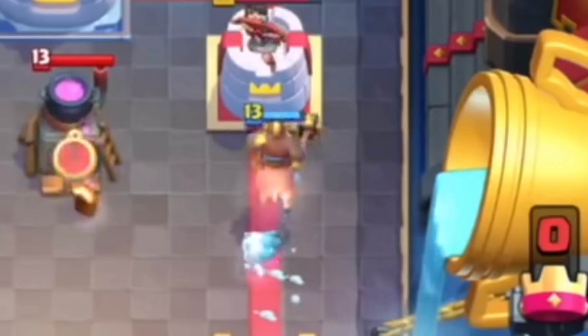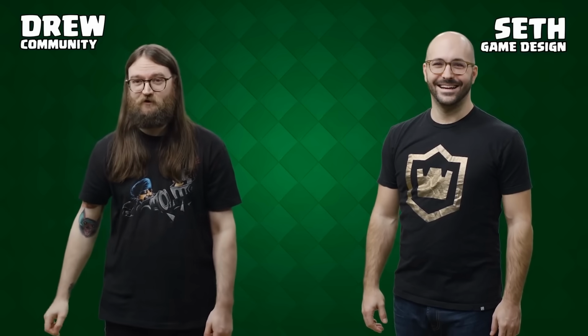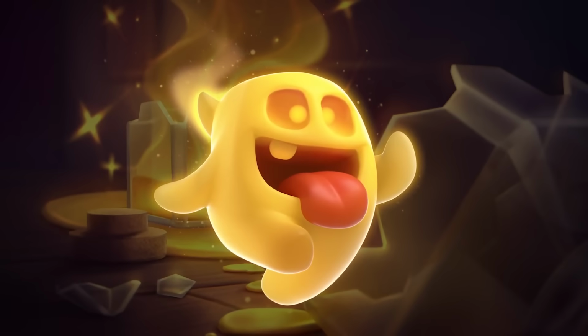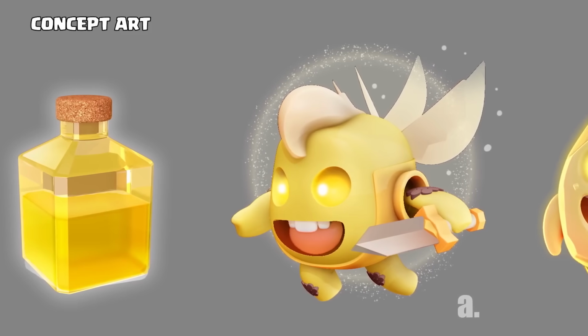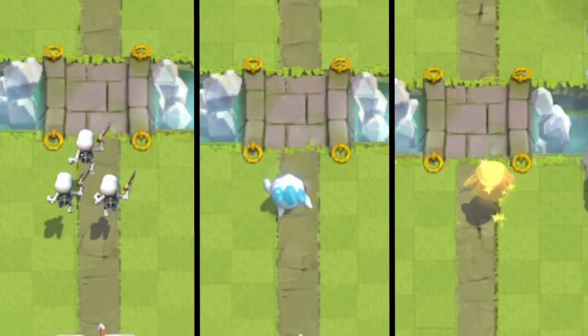Not much changed in the first few months of 2020. Despite Elixir Golem being toned down, Ice Spirit didn't really see a bounce back. But in April of that year, Supercell would do something unthinkable, something that was long overdue. They would add a new 1 elixir troop. On April 2nd, 2020, the Heal Spirit would replace the Heal Spell, finally providing some real competition in the 1